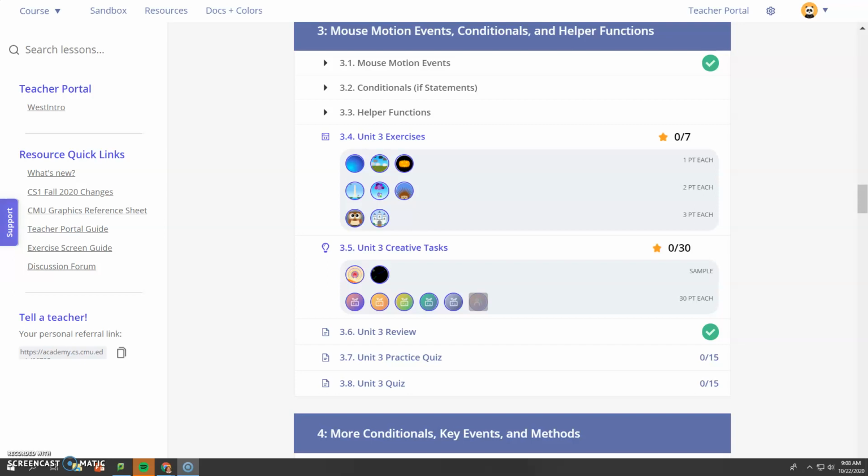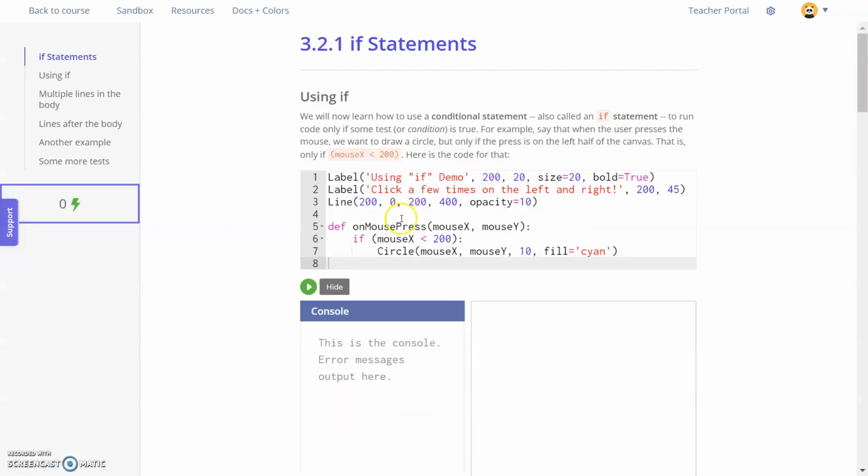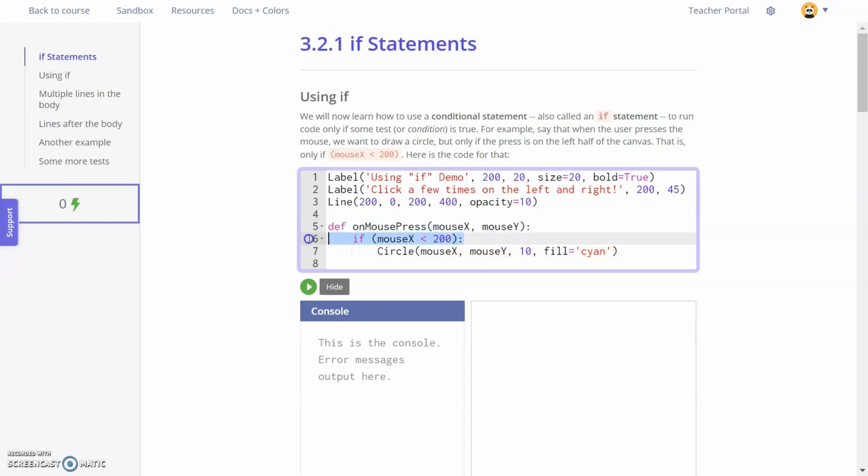Hi, this is the tutorial for Unit 3.2, conditional, or what we call if statements. So when we look at this unit, we're introducing a really big idea in computer science. The importance of these cannot be understated, because what if statements allow us to do is make a decision about if something is true or not true, and act on that